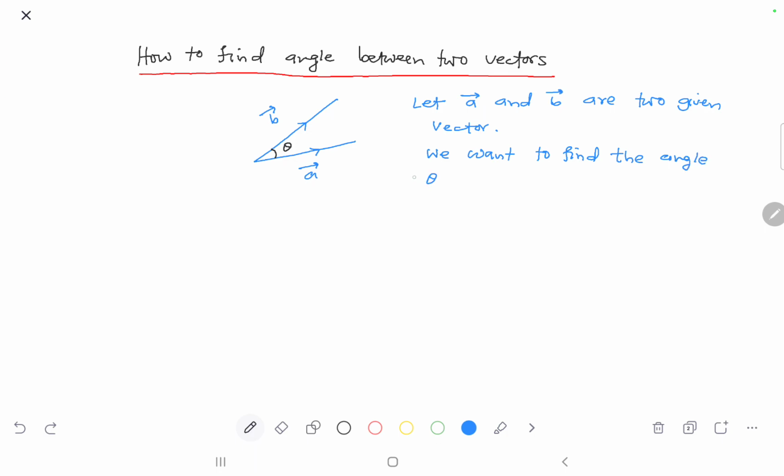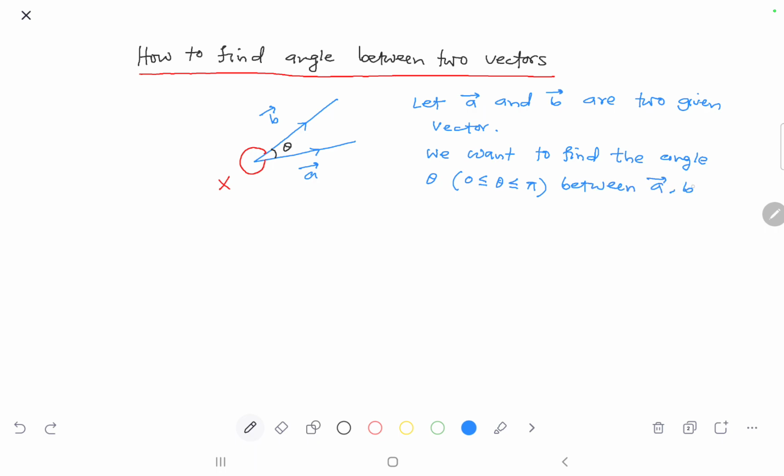theta. Definitely theta will be between 0 to pi, because we are interested in the small angle. Because some person can think that, okay, let's take this angle, but we cannot take this angle. Okay, we will focus on the small angle. We want to find the angle theta between